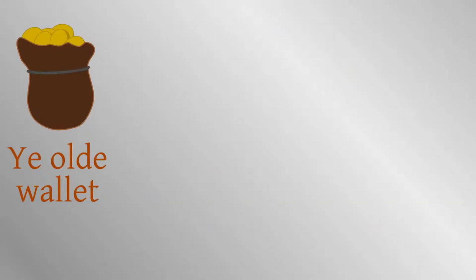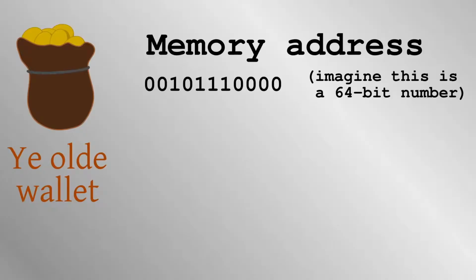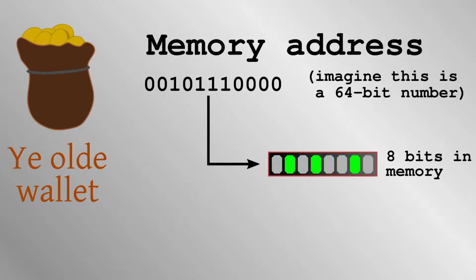So let's say you're playing a video game where you have a number of coins in your wallet. The video game will keep track of the address where the wallet total is stored. If you found 8 more coins, the game will fetch the number currently in your wallet from that address, load it into the register, load a binary number corresponding